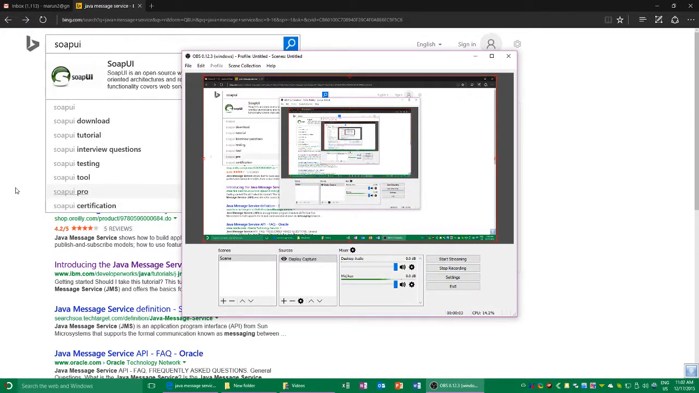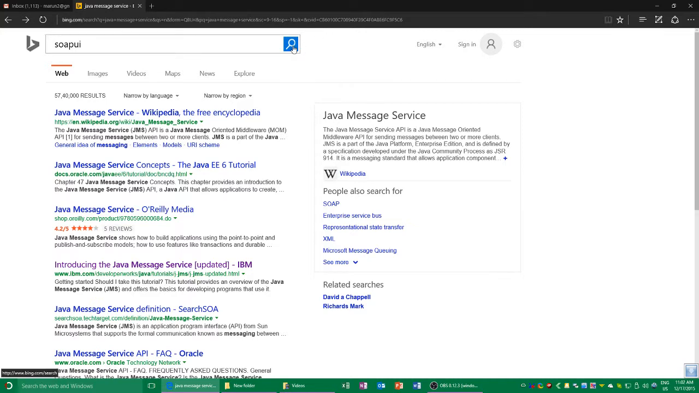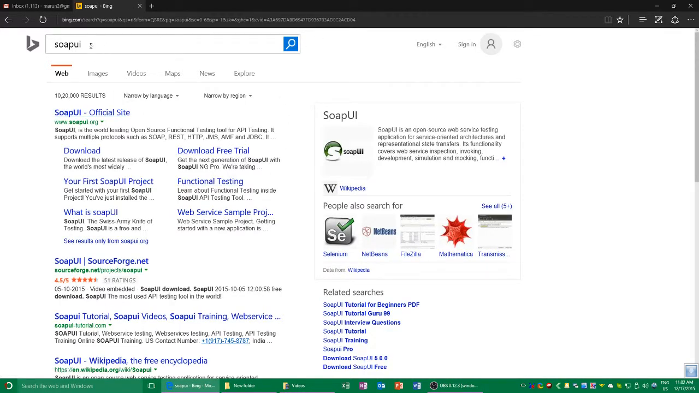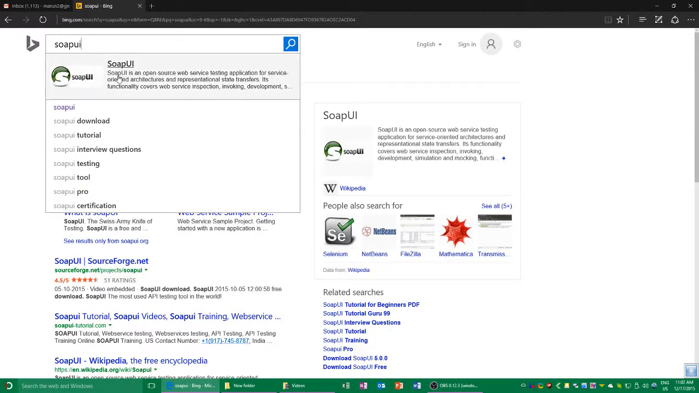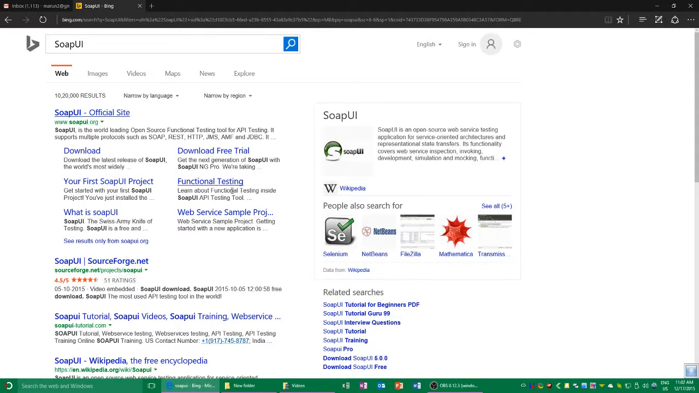So now I am going to check out SoapUI. As soon as I type SoapUI, I get a definition: open source web service testing application for service-oriented architecture and representational state transfers. Its functionality covers web service inspection,